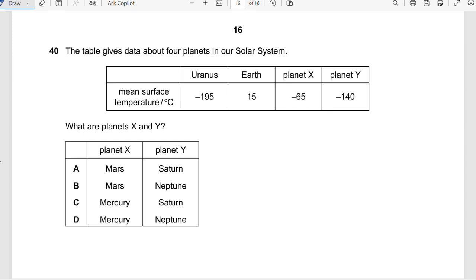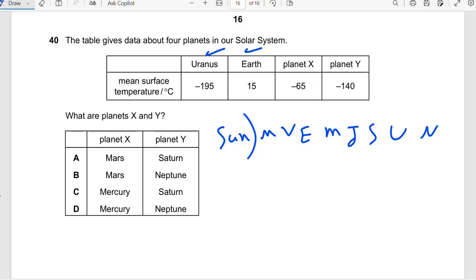Now, question 40. The table gives data about 4 planets in our solar system. I have here Uranus, Earth, planet X and planet Y. The temperature, okay. What are planets X and Y? Let's remember again. I have the Sun, I have Mercury, Venus, Earth, Mars, Jupiter, Saturn, Uranus, and Neptune. Okay, notice that